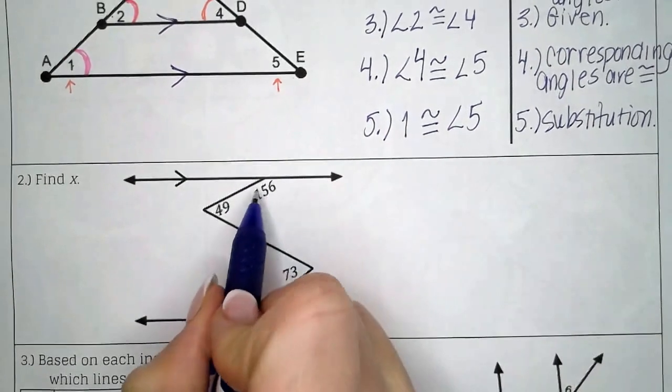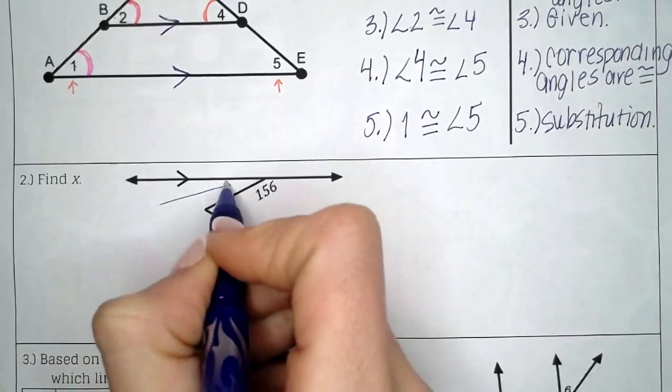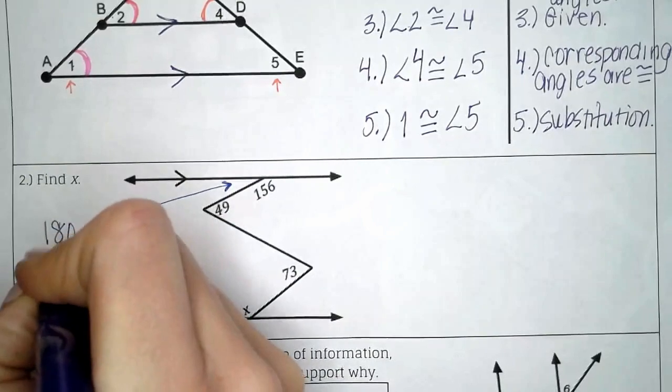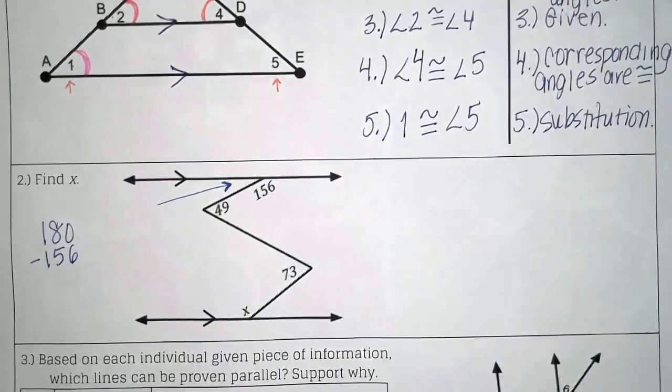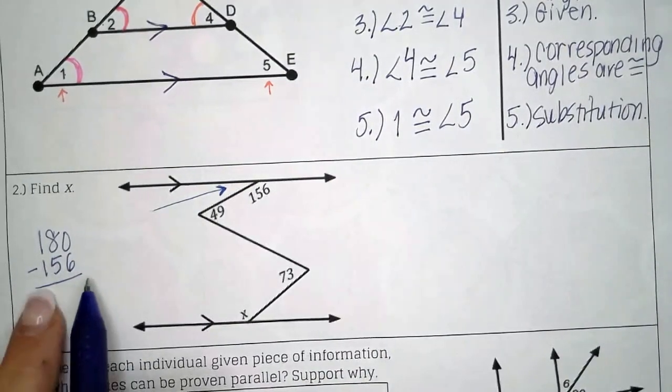So we have 156 degrees right over here. Here we have a straight line. So to get this angle right in there, you're basically doing 180 minus 156. Okay, 180 minus 156. Now, there's tricks for doing this without borrowing that I learned from little middle schoolers